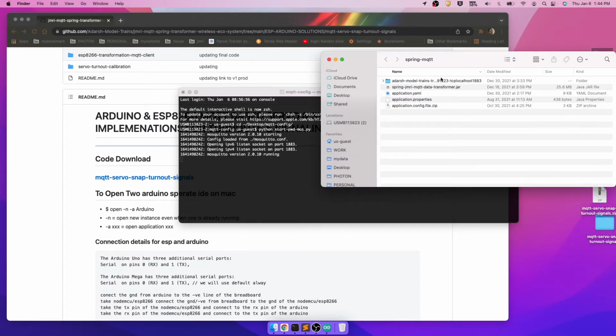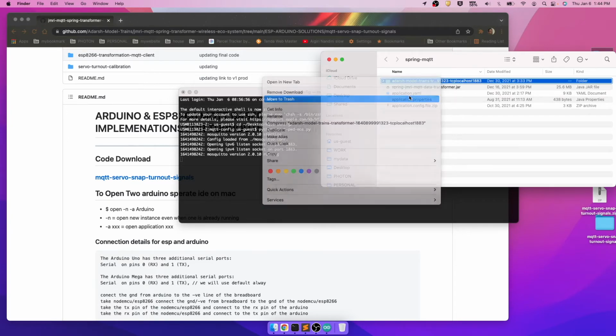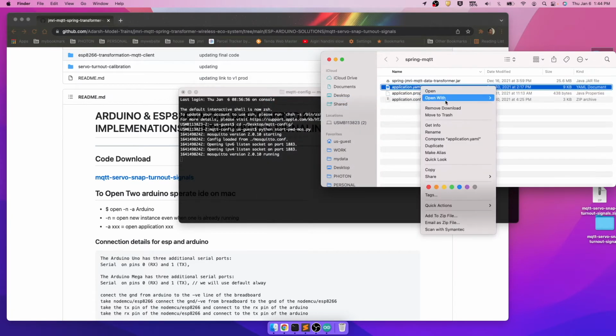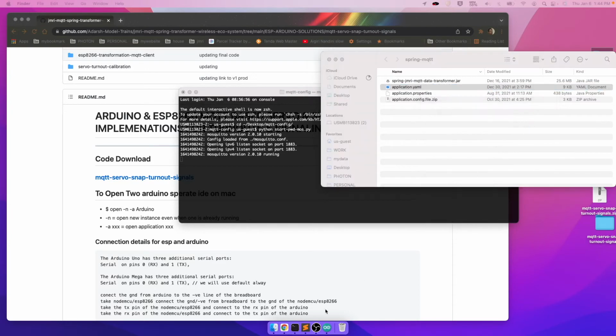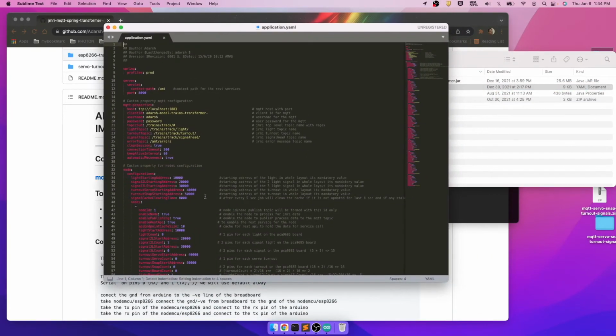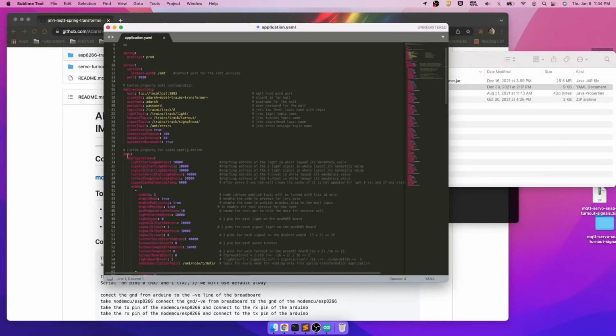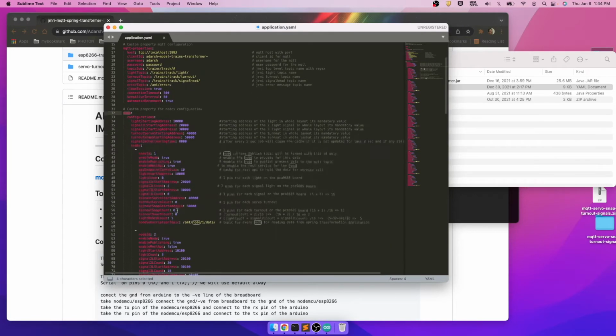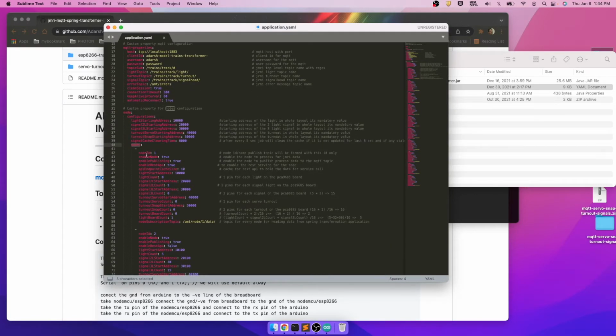What we have to do is start the Spring Transformer, but before that we'll make sure that whatever configuration we need is correct. So let's open the YAML file here, and in the YAML file we will go under the nodes, and under the nodes we have node number 1 which we have configured, it's enabled. Publishing to MQTT is enabled, REST API is enabled, we don't need it as of now, but let's make it false.